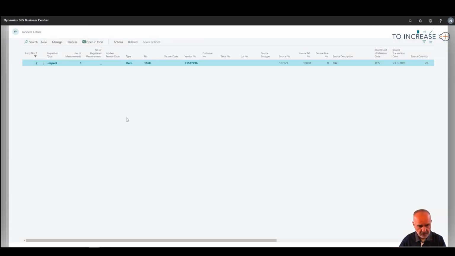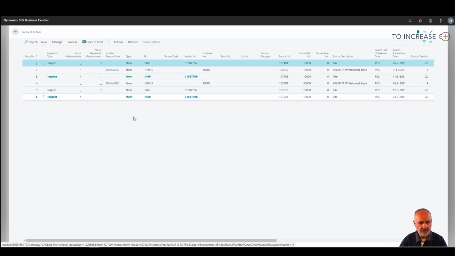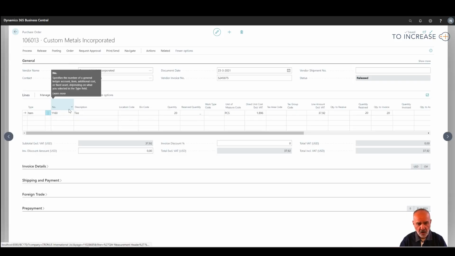And from the incident, you can see that now we have in this inspection a registered measurement. There's nothing I have further to do. There are no follow-up questions. I accepted the shipment. So what I can also do at this point is close the incident. And now the incident is closed, and I have returned to the complete incident list. So that was a quick overview of how the inspection of